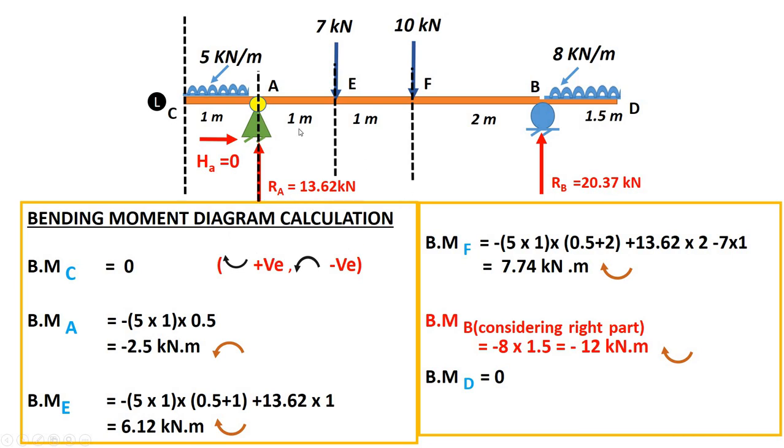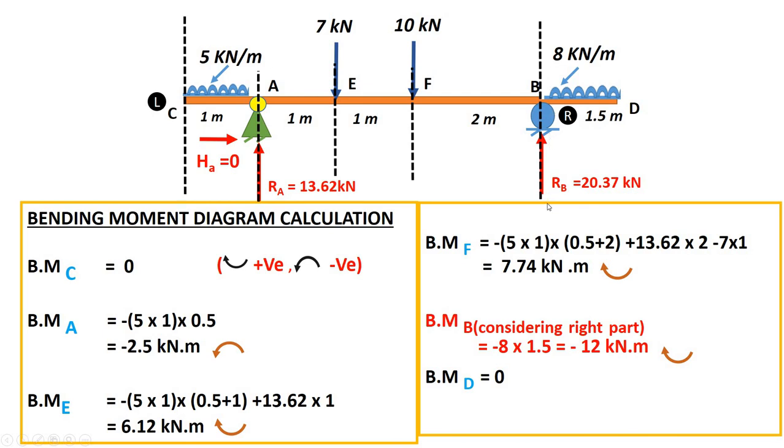Moment of this reaction is 13.62 into 2, and again it is clockwise in nature, right? Then for this 7 kilonewton, 7 into 1, and it is anti-clockwise in nature, right? So this is about the bending moment at F. So the total moment is positive 7.74. Now